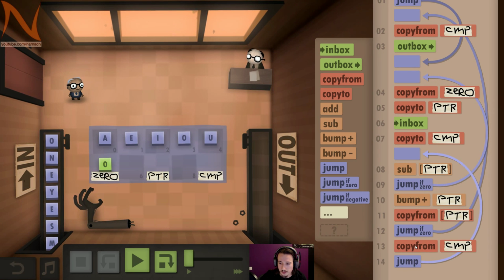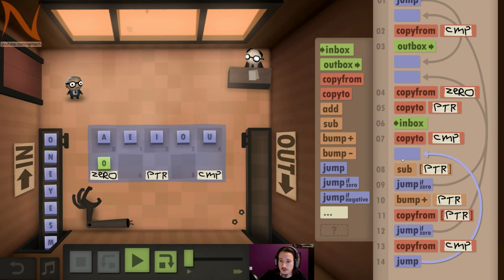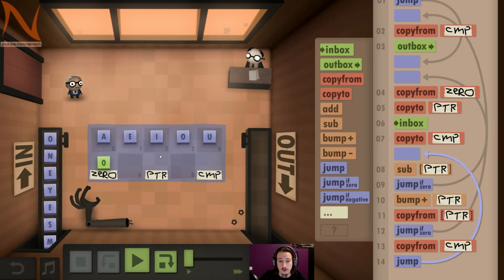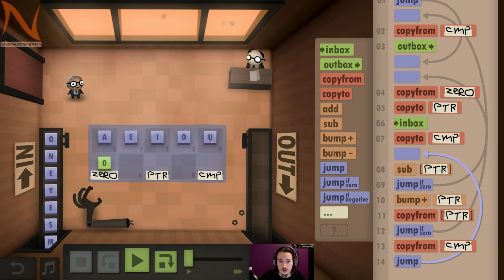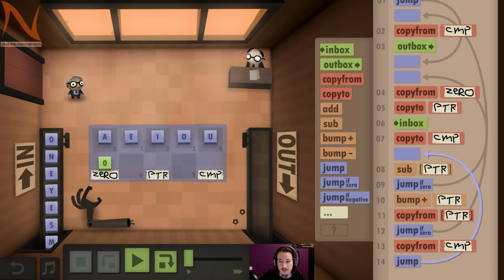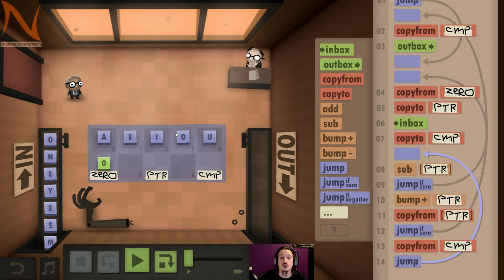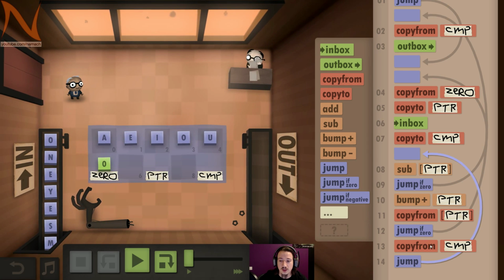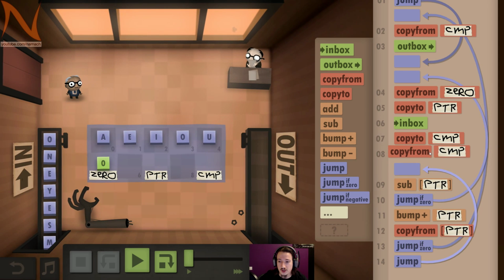So before we jump back in the loop, we do a copy from the compare value. Before that, we copied the pointer value. So we're already holding this in our hands. So if instead of then dropping the value we want and picking up a compare, if we just subtract that value, basically if we do something,